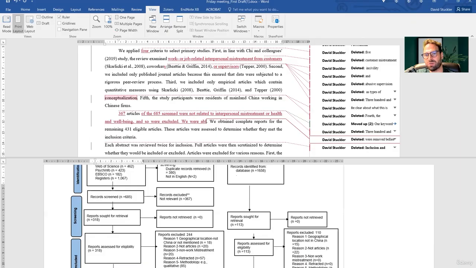We were able to obtain or retrieve. We're able to retrieve all the 318 articles.